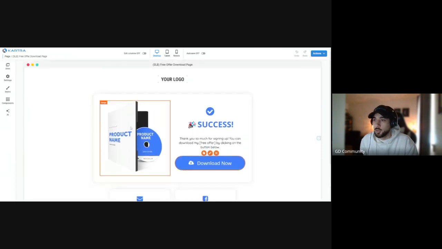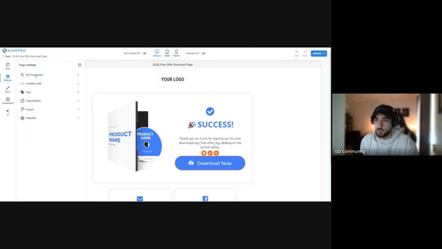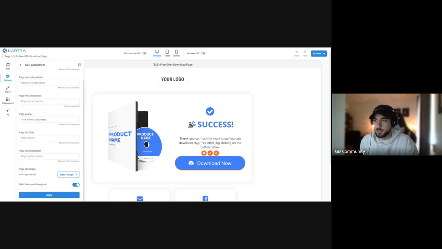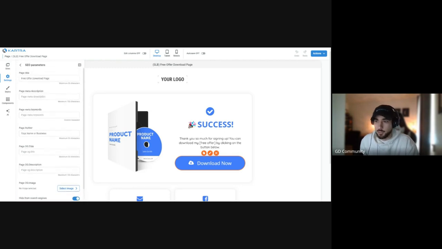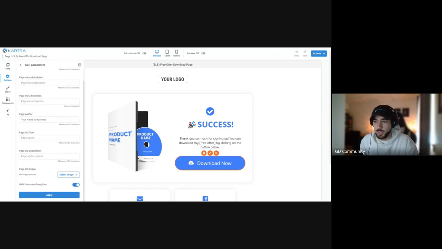Something else to note with any sort of success pages like this is you typically don't want people to land on these pages without having to sign up for your form, right? So what you can do is in the settings, you have SEO parameters, and this is like how people are locating your page, how your page looks online and in social media. But you can hide any of your success pages from search engines so that people can't just stumble upon them